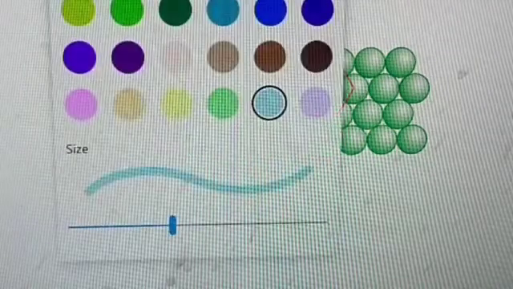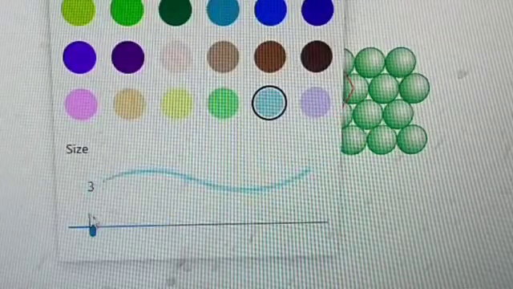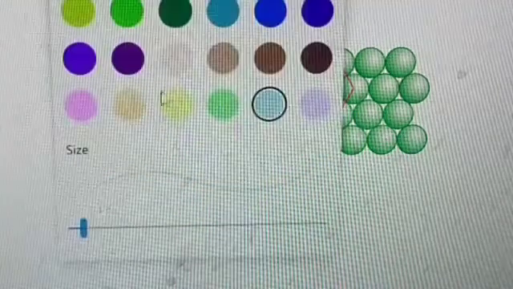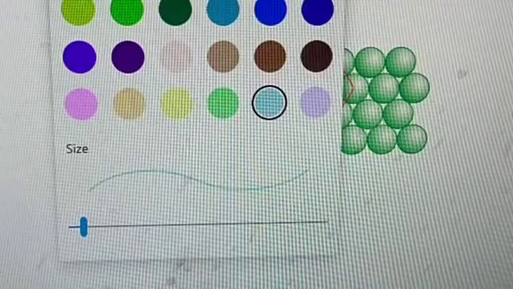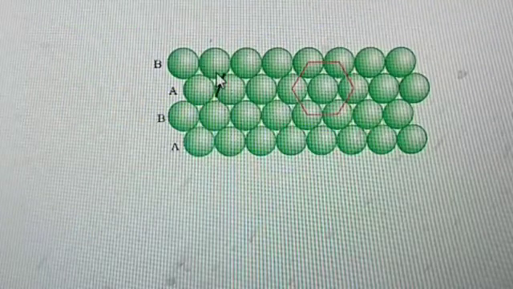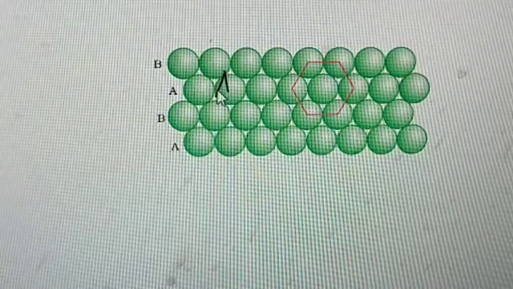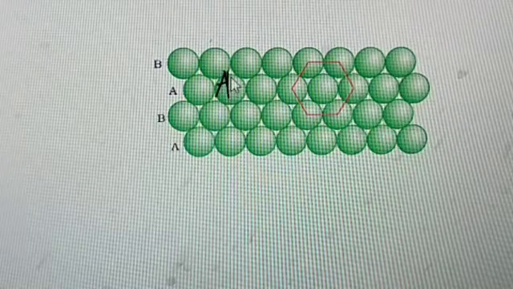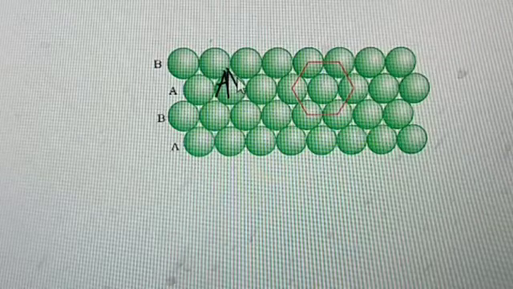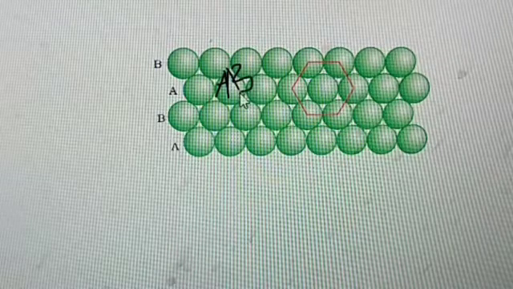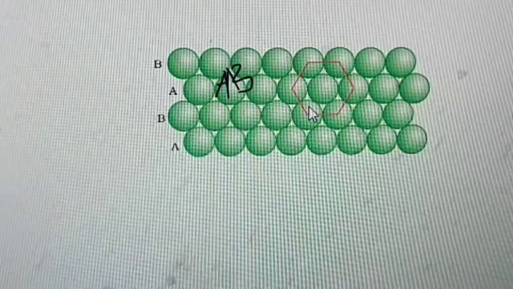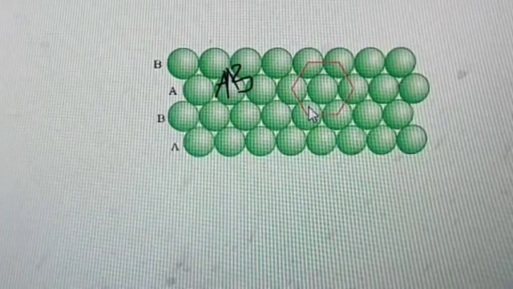Now, it is called AB arrangement. Now if we take this AB arrangement,